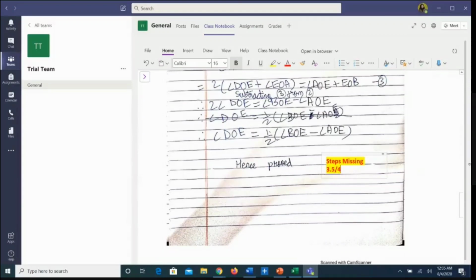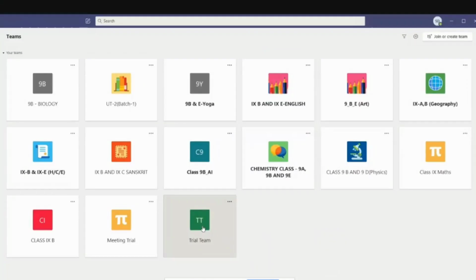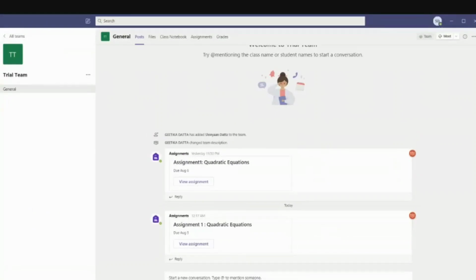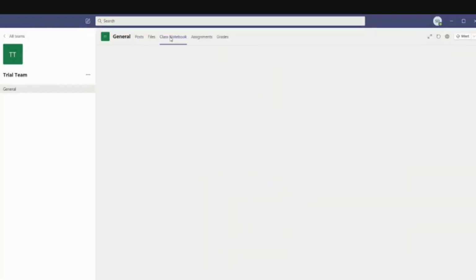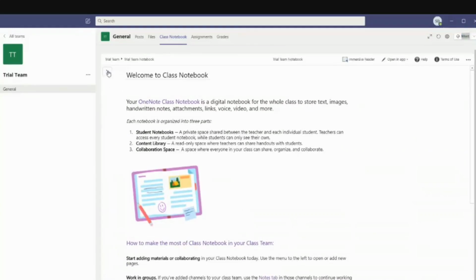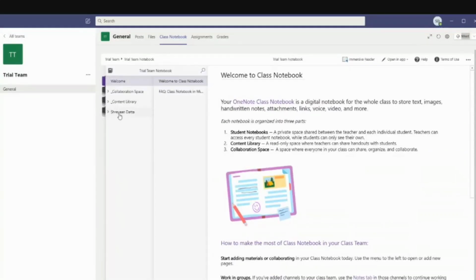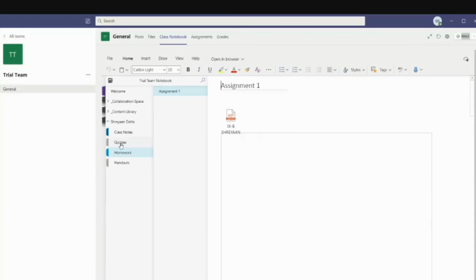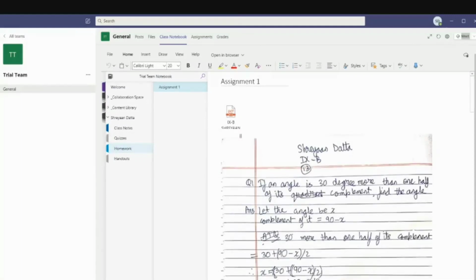Now for the last time I will be logging in as a student, and I'll be showing you how the child will get to see the work that I have given to the child. So he goes on to the assignment and to this class notebook, and he opens the class notebook to the homework portion through the navigation panel. So I opened the class notebook for the child, and as per the procedure I have explained to you, I'll go on to the homework section, wherein the child had done the work. So this is where the child gets to see the work.